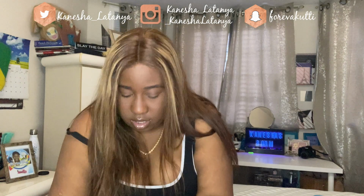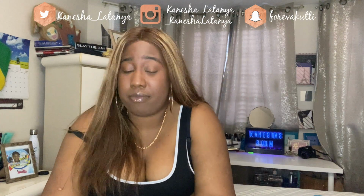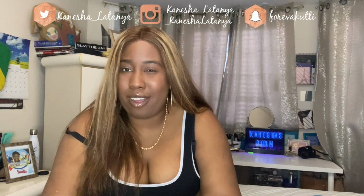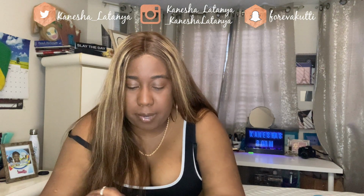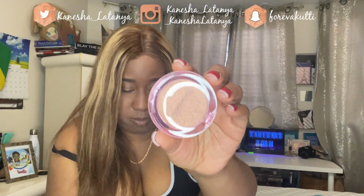Next we have this, this is highlighter, I believe. And I was actually excited for this one because I don't use highlighter on the daily. So I'm kind of glad that I got this one, because then I get to play around with different types of highlighter and I don't have to pay the full price for it. Now, how do I open this box? Oh, it's in a cute little, this light will be the death of me, but it's in a cute little